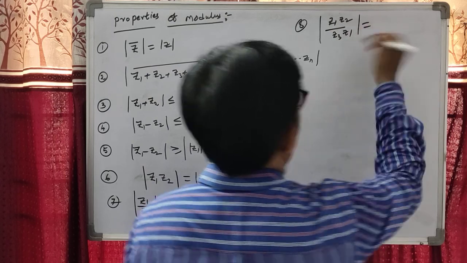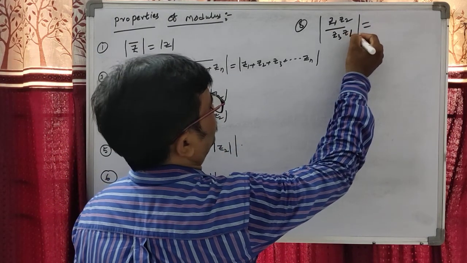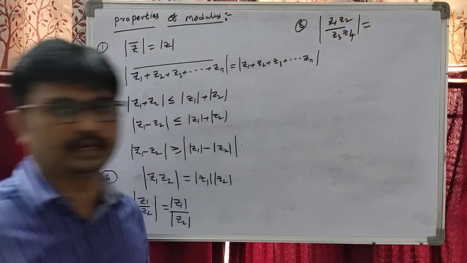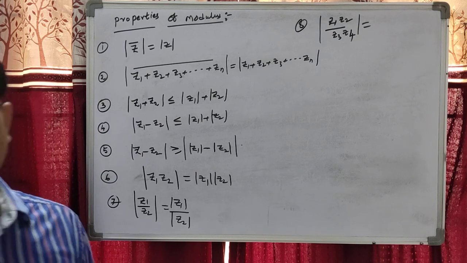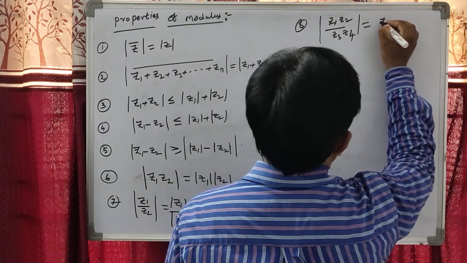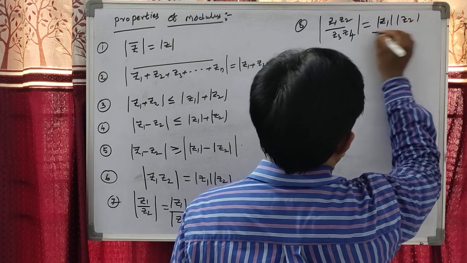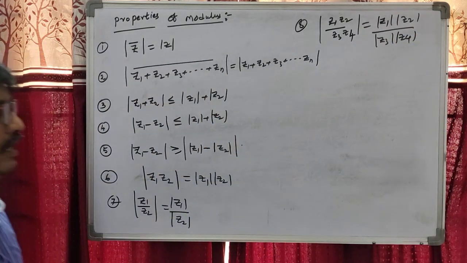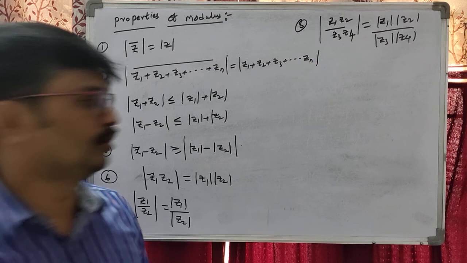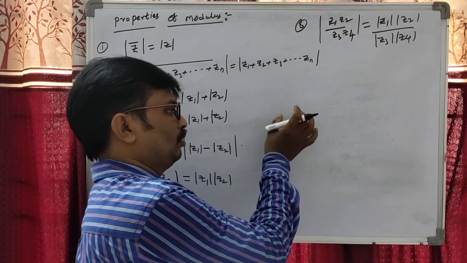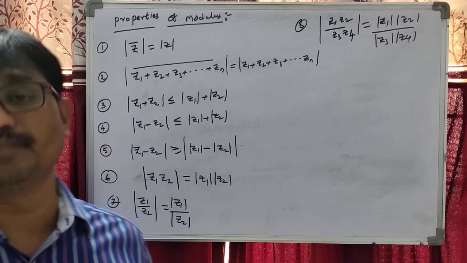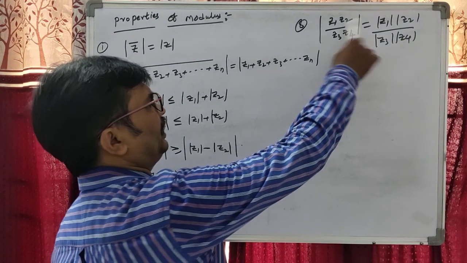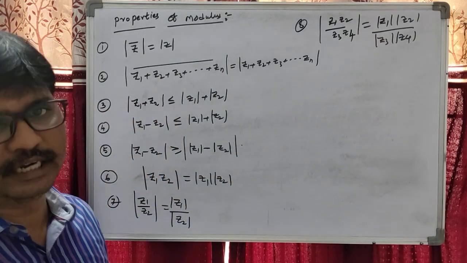Dear students, here four complex numbers are there. Suppose here 1 + i, 1 - i, 2 + i, 2 - i are there. So after multiplication and division it is difficult. So directly we take |z1| into |z2|, |z3|, |z4|. Are you understanding, students? This is another property. Suppose (1 + i)(2 + i) upon (3 + i)(4 + i). After the simplification, its modulus is very difficult. Therefore you have to directly find |z1||z2| by |z3||z4|.